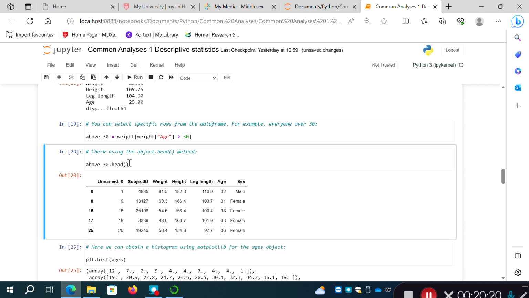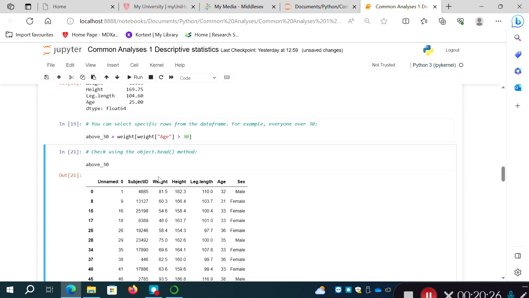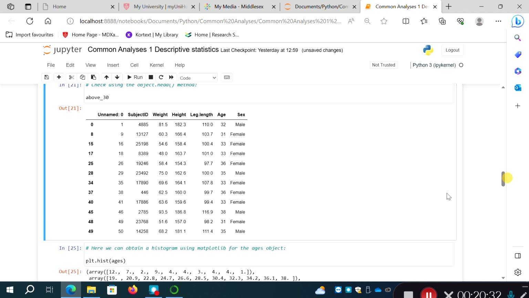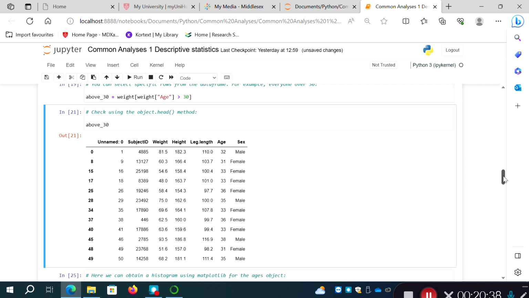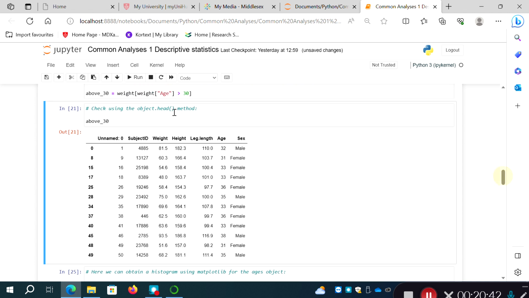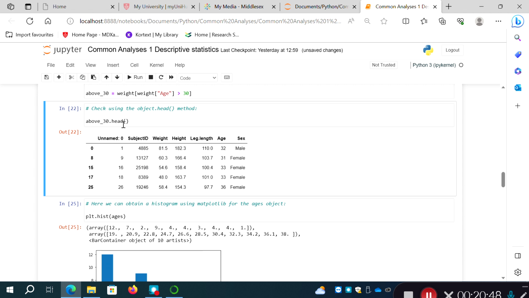This isn't the full data frame. If we remove the head and just call that, we can see how many participants are older than 30 in that data frame of about 50, so there's probably about 12, 14 people there. I'll reduce it back to the head though, just to save space. Okay, so